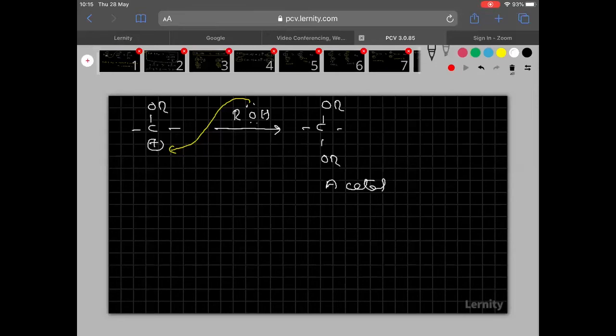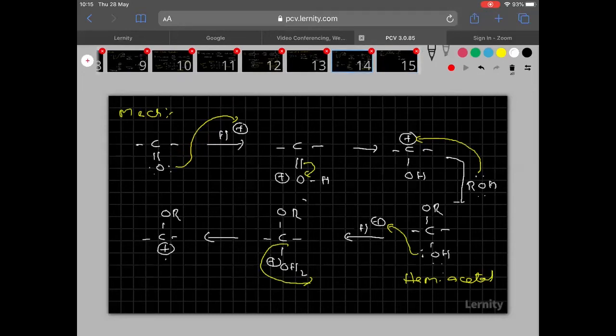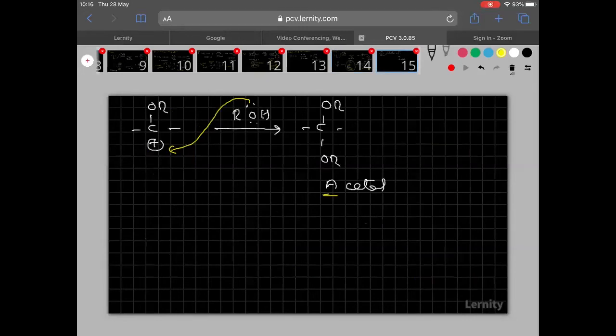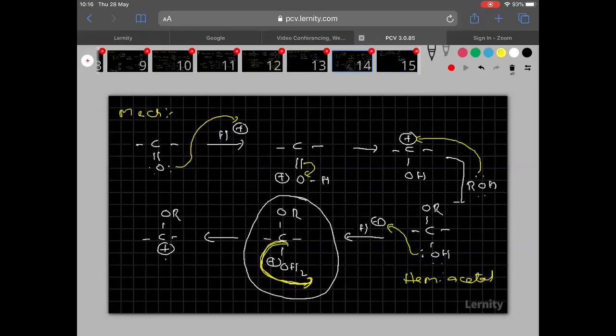Is it completed, everyone? Now let me go to the previous slide once. There is one important thing to discuss. Now this compound you see, very important one. In this one, try to understand here. Here a water molecule is departed out. When the water molecule is removed, then we got acetal. If I add a water molecule again to acetal, then again we will get the starting compound only. I think you are understanding this one.